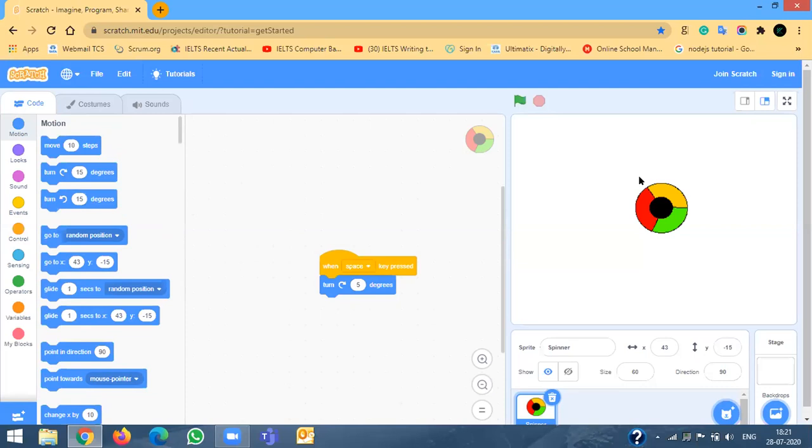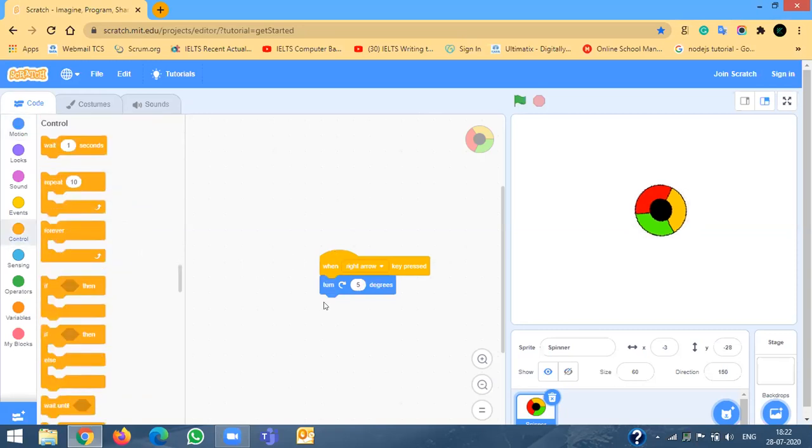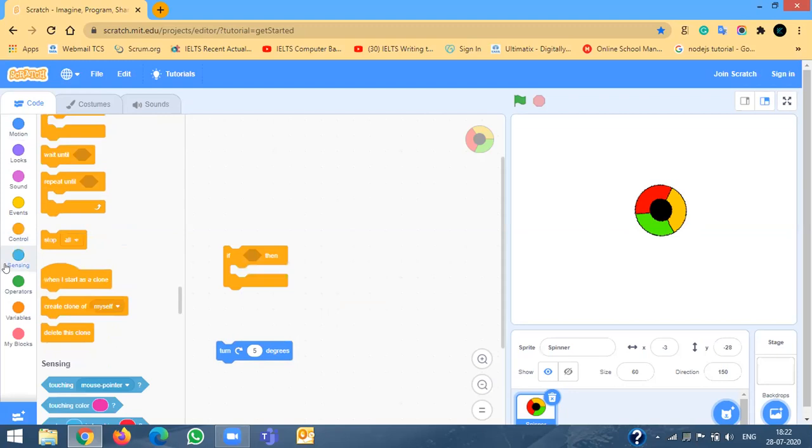Right key. But this will not be fun. Let's use the if one. Do not use this. Use the if one.